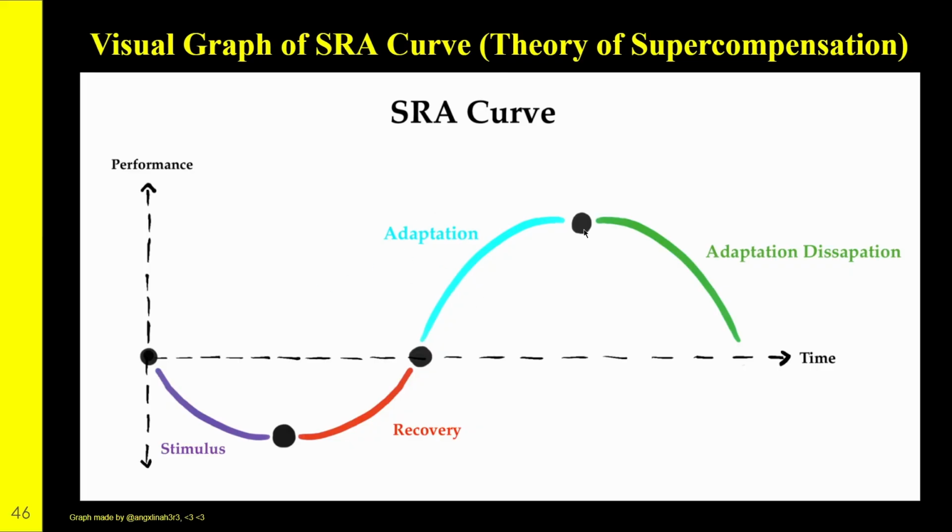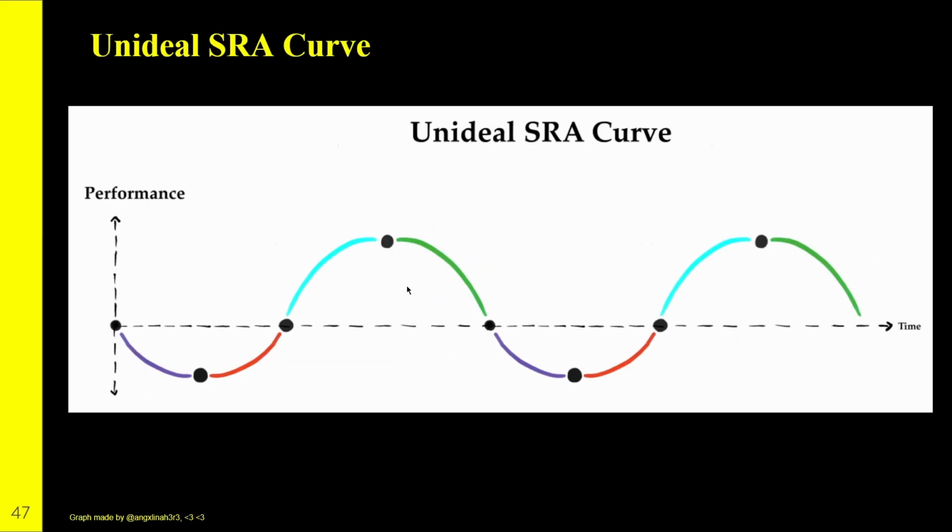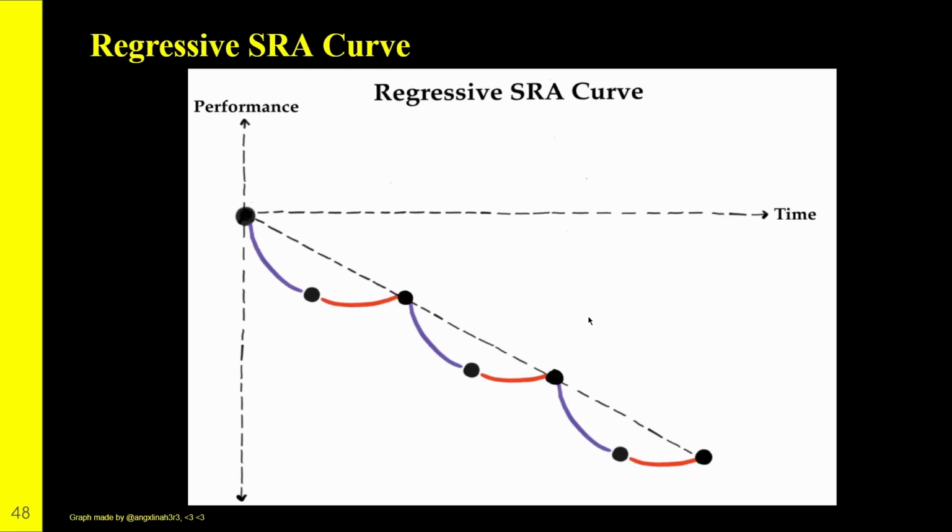Afterwards, when we stop training with enough intensity, our body is going to dissipate those adaptations as we don't need those extra performance gains. When we wait too long before our next training session, this is what it's going to look like, where the entire SRA curve is showing above and there is no performance gain whatsoever. But here is even a worse one.